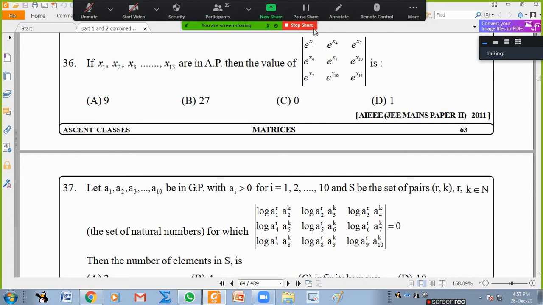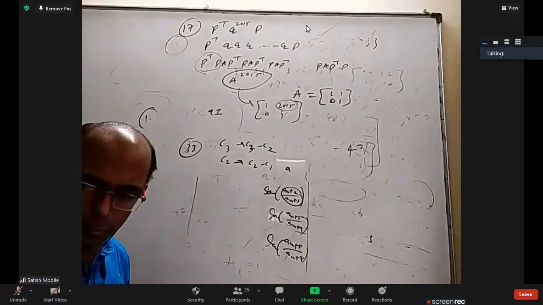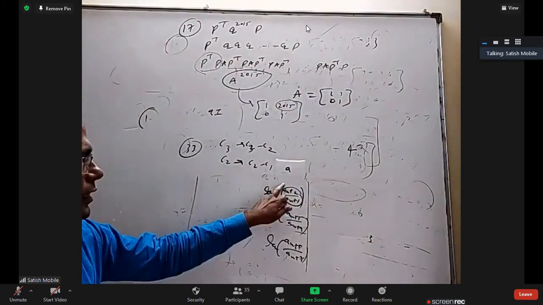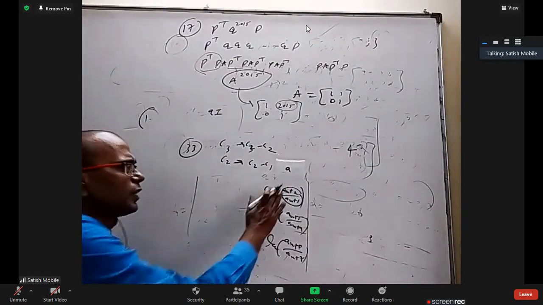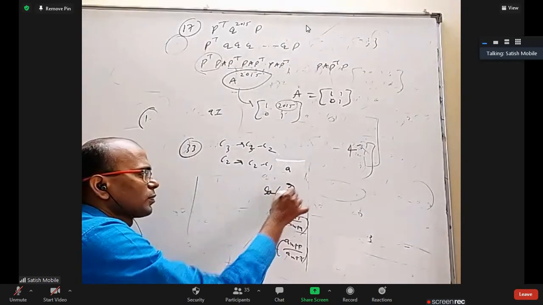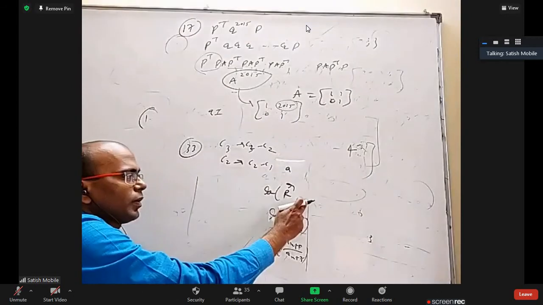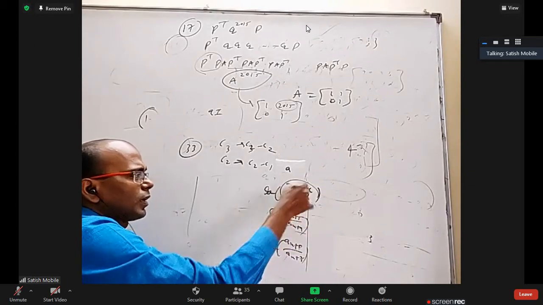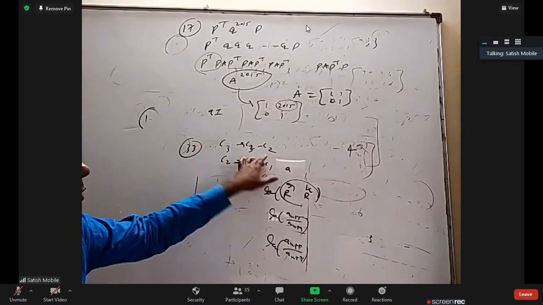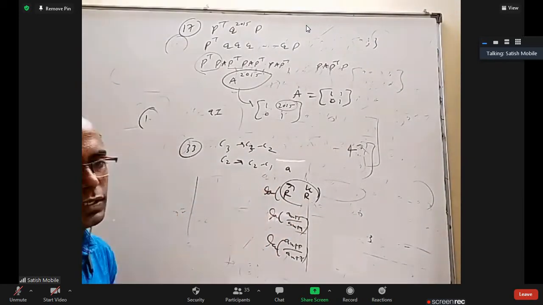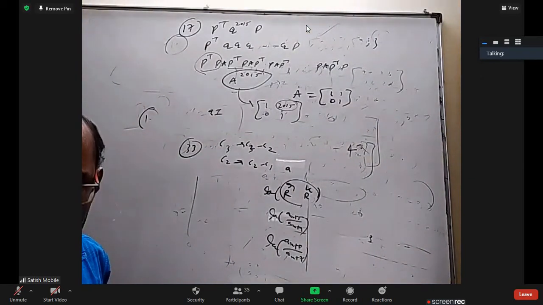Let me erase this. Here you have a3 power r and here a2 power r. When you divide, a3 by a2 is the common ratio, which we will call capital R. You get capital R power r. Similarly, here a4 power k and here a3 power k. When you subtract, it will be division, capital R power k. You will get capital R power r plus k. So when you do column 3 as column 3 minus column 2, column 2 as column 2 minus column 1, this element will come here 3 places, here 3 places. Two columns are the same, so it is 0. Is it okay? 37? Yes, sir.